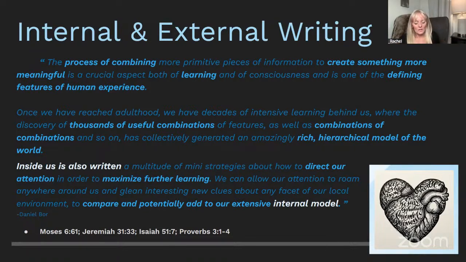And then in Jeremiah, the Lord writes it in your heart. And Isaiah 51. I do have these, sorry. I totally didn't have my glasses on, I can't see. Okay, so Jeremiah: this shall be the covenant that I will make with the house of Israel. After those days, saith the Lord, I will put my law in their inward parts and write it in their hearts, and will be their God, and they shall be my people.